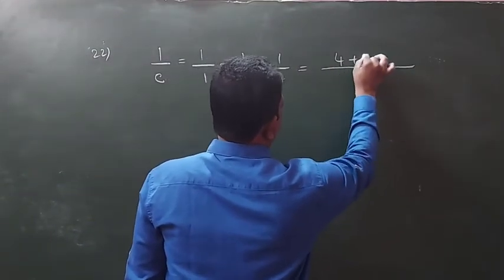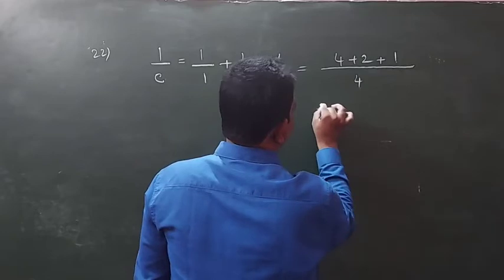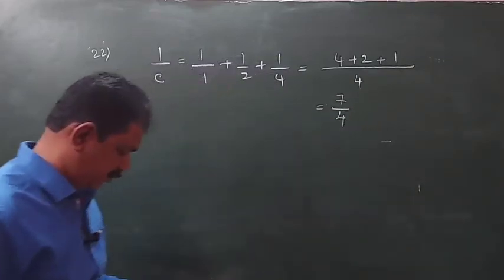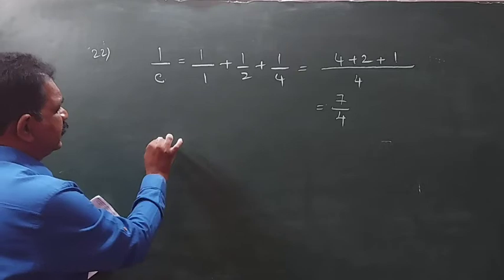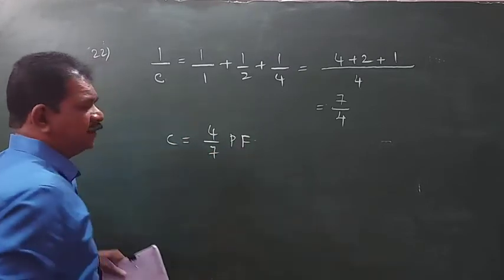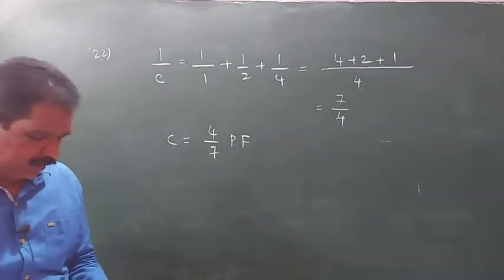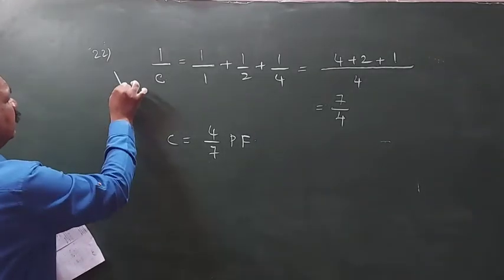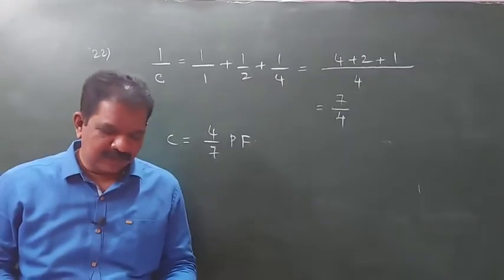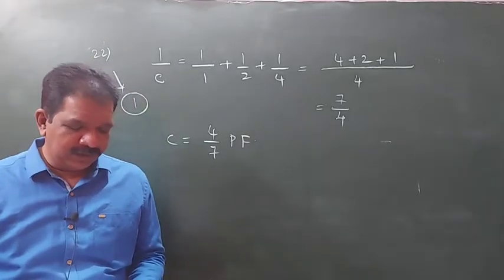Here 4, here 2, here 1. So this will be 7, this will be 4. So C is equal to 4 by 7 picofarad, 22. It will be first option. Next, 23 you see